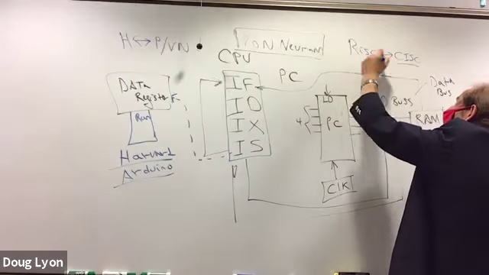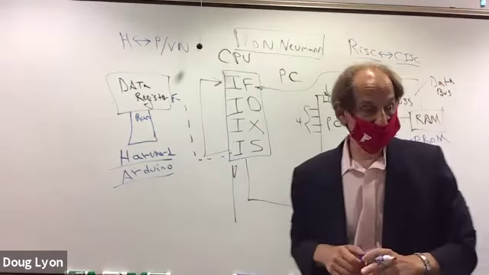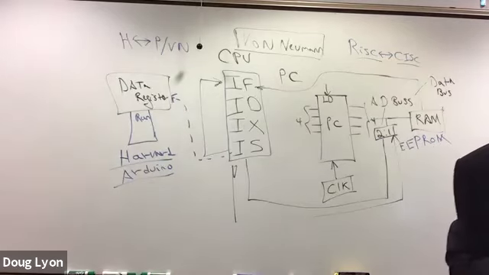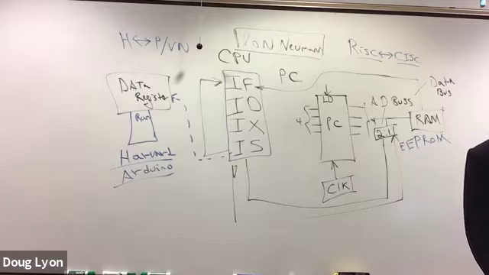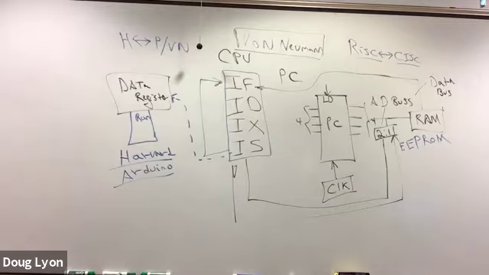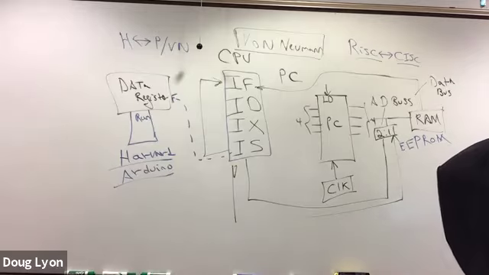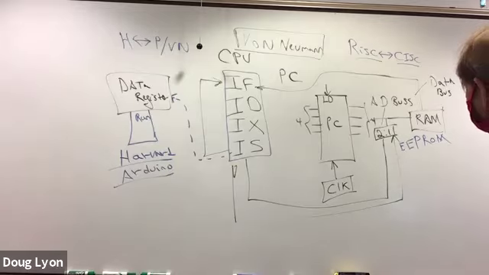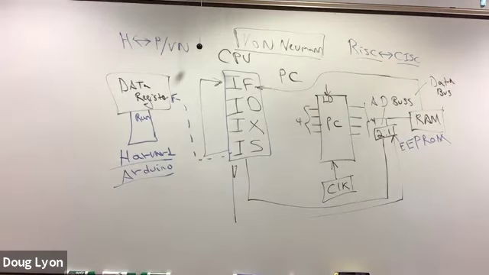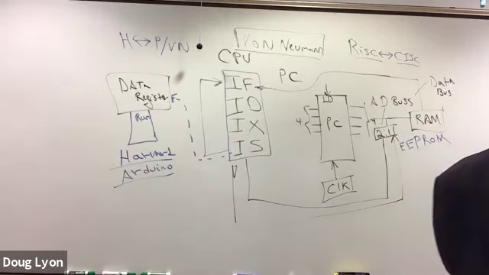And you're going to read all about that in Patterson versus Hennessy. That's good. So as it happens, when we think about RISC, we think about the reduced instruction set computer. We're going to limit the number of instructions. That's what RISC stands for. When we think about CISC, we think about the complex instruction set computer. That's where you have lots and lots of instructions.